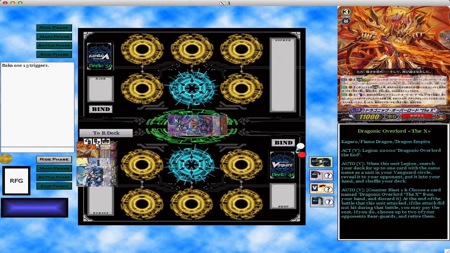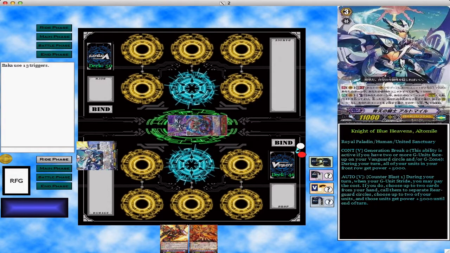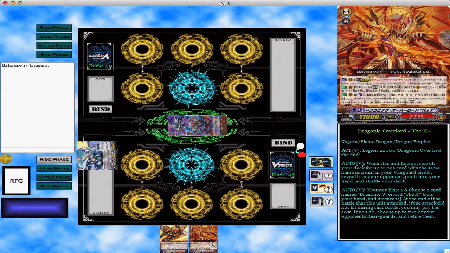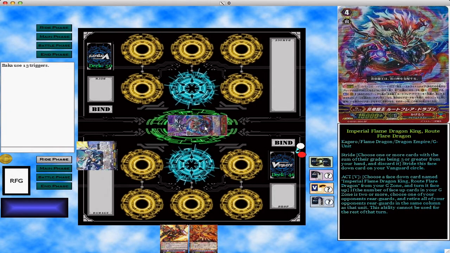As for the Cross, again, restand, retire a lot of units for one counterblast. You can retire and discard and copy of the Cross. You can retire 2 units, while for Royal Paladins, for one counterblast, you can probably get 1 unit. And also, even if your opponent has effects like resist, Imperial Flame Dragon King Root Flare Dragon can